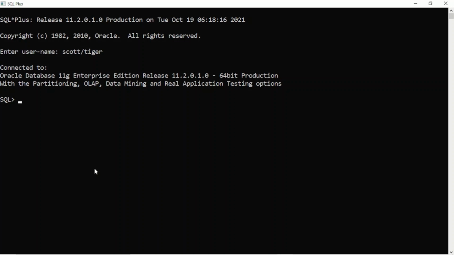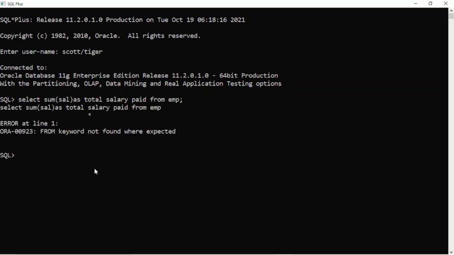Suppose the name of the table of that company is EMP, employee, and I want to know the total salary paid by the company. So the query will be like that: select sum sal. You can take its alias name like total salary paid from EMP. It's very simple.